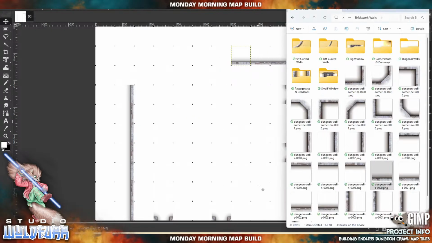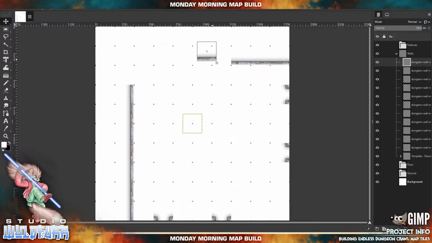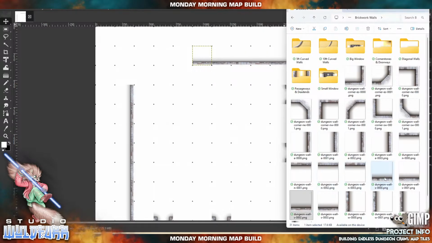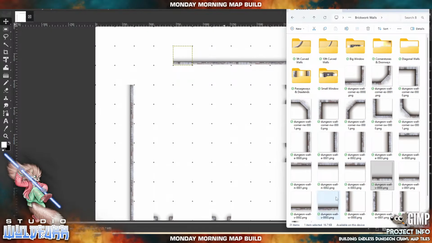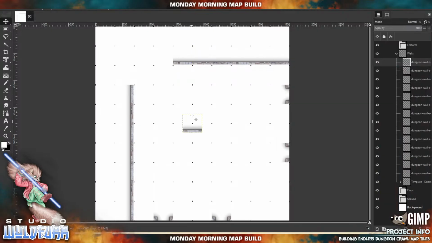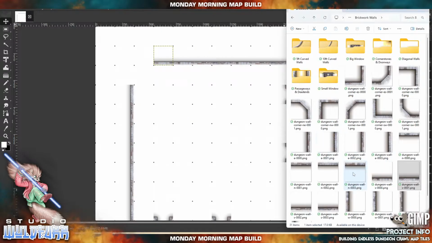Because this is just going to be a northwestern corner of a building. There we go. And you'll notice that